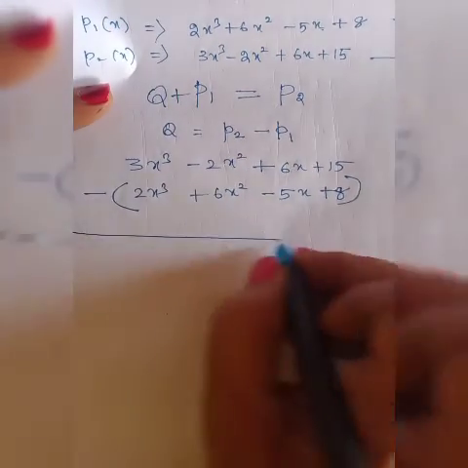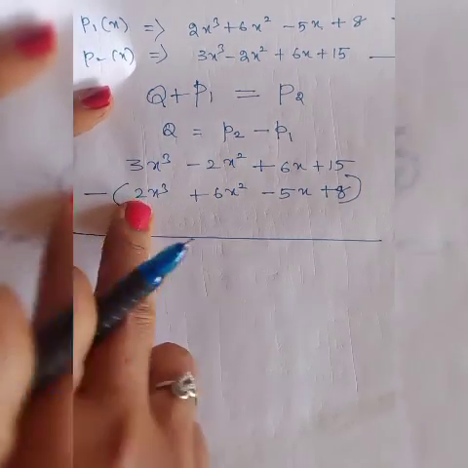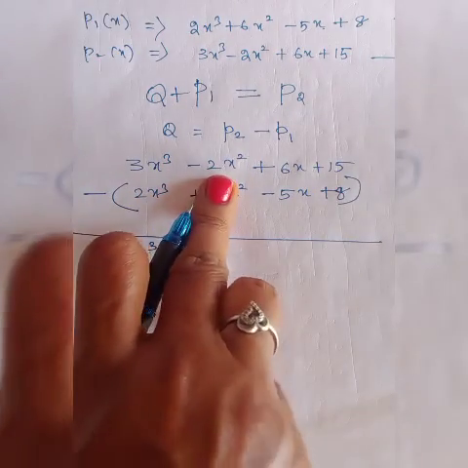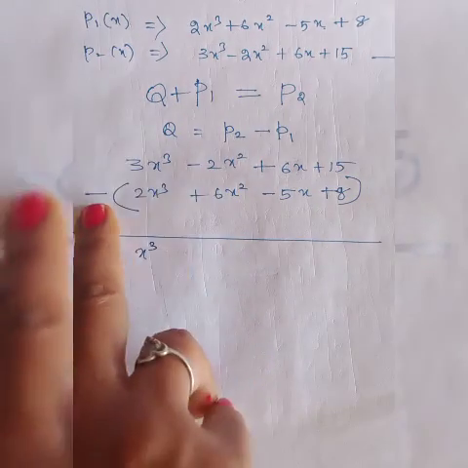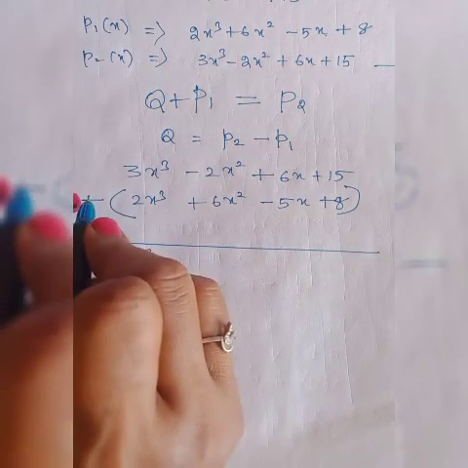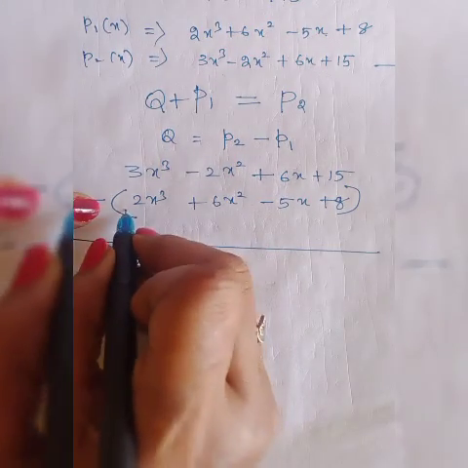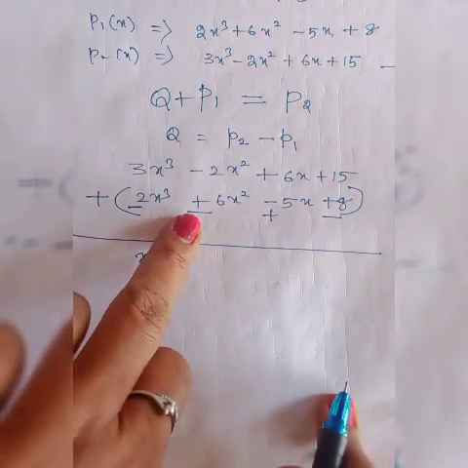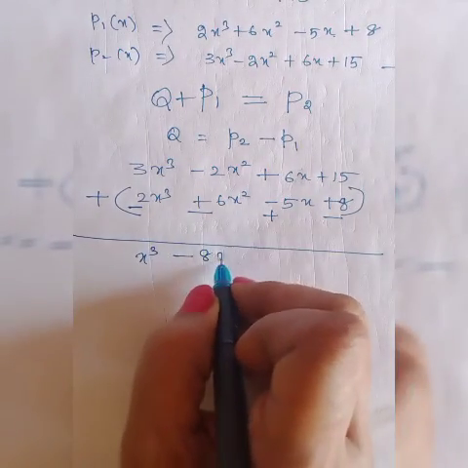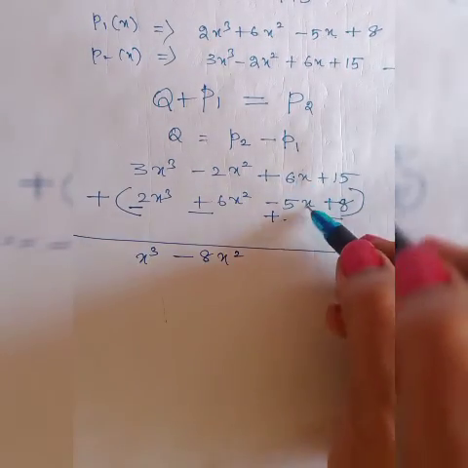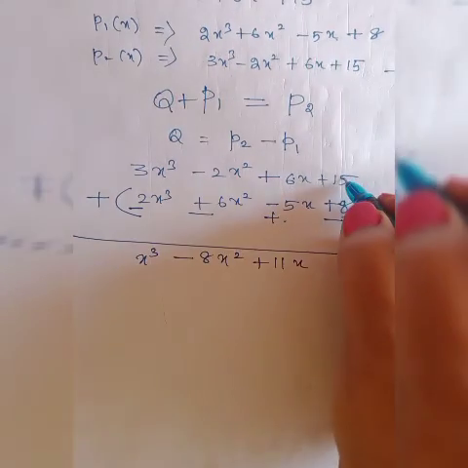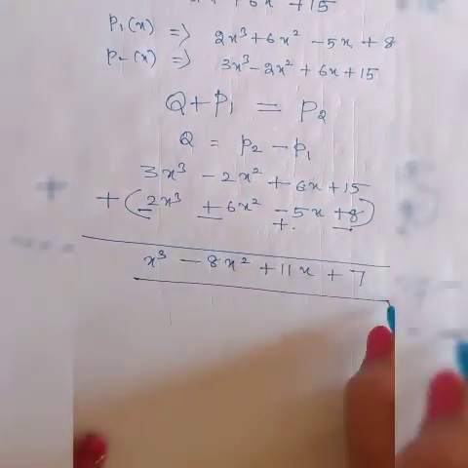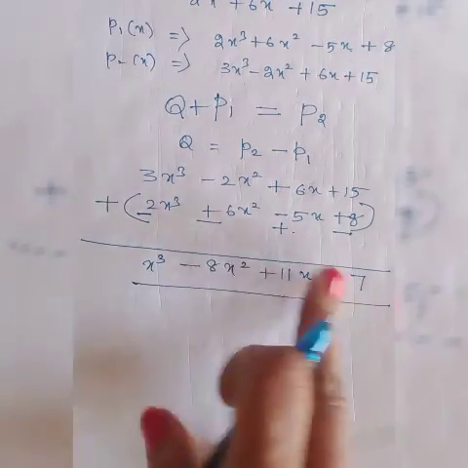So subtracting, that is 3 minus 2, like power 3 minus 2, which is 1x cube. Now we have minus 2x square and minus, here we have minus. If you want, you can instead of putting minus here, we can put minus plus minus, that is minus 2 minus 6x square is going to be minus 8x square. 6x plus 5x will be 11x. 15 minus 8, which is going to be 7. This is our solution. So whose degree is 3.